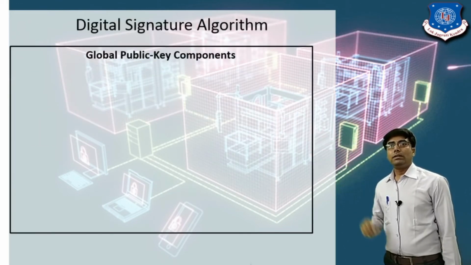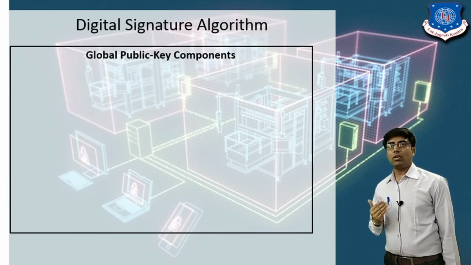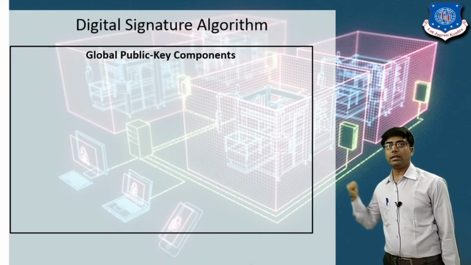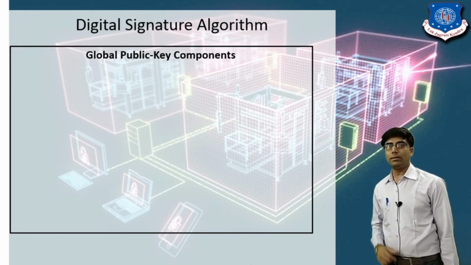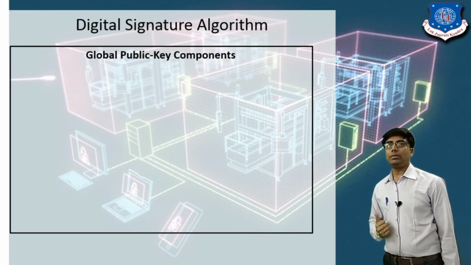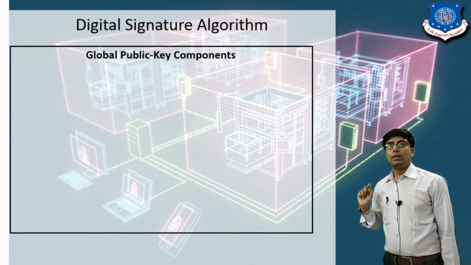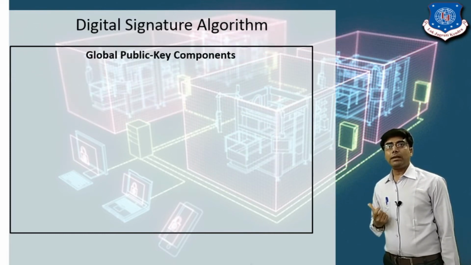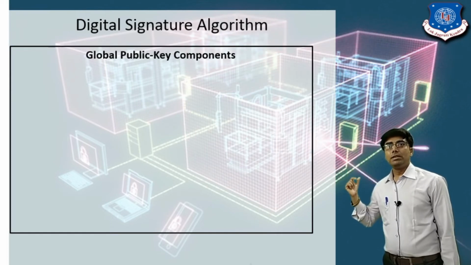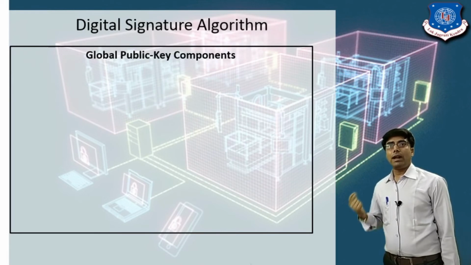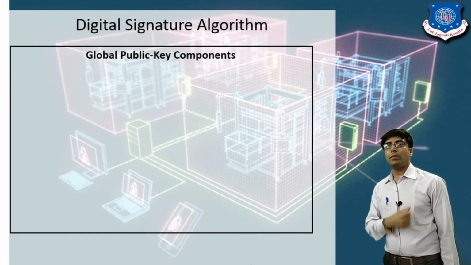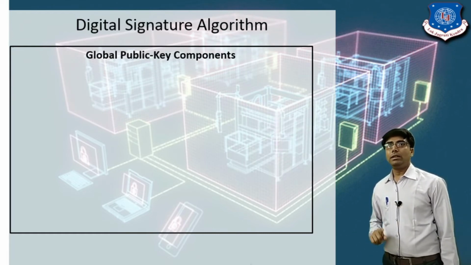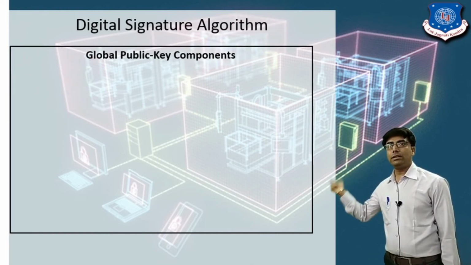Now let's see the digital signature algorithm, because we have already seen the DSA. If I want to create a digital signature with the help of the DSA algorithm, there are three requirements. The first is to generate the public key and private key. The second is to generate a digital signature from the sender side and verify the signature from the receiver side. That means the receiver verifies the signature, and after verification it accepts the message. So this is the simple flow to generate the digital signature.